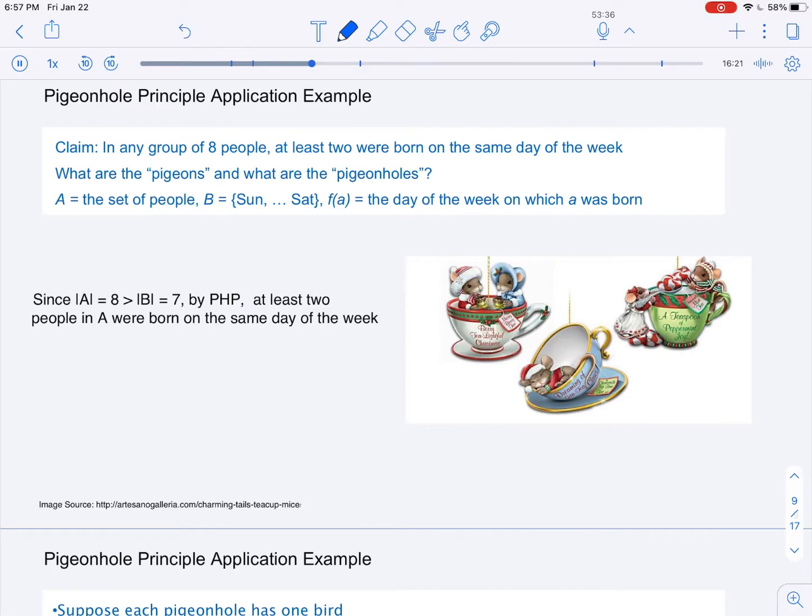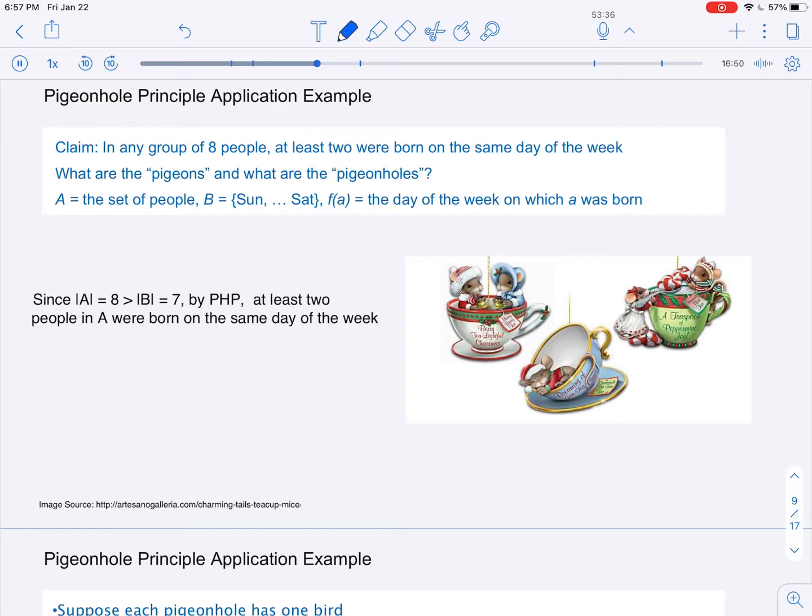Our function maps the people to the day on which they were born. So f of A is going to equal the day of the week on which person A is born. Now, to apply the pigeonhole principle, we have to consider the cardinality of A and the cardinality of B. We know that the size of the set A, the number of people, is 8 because we're given that,